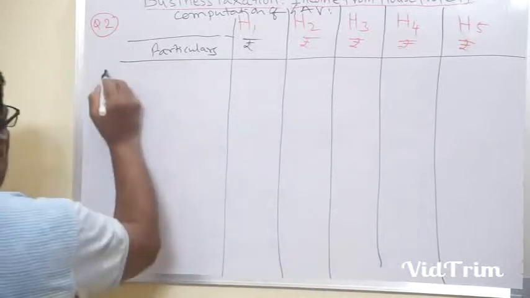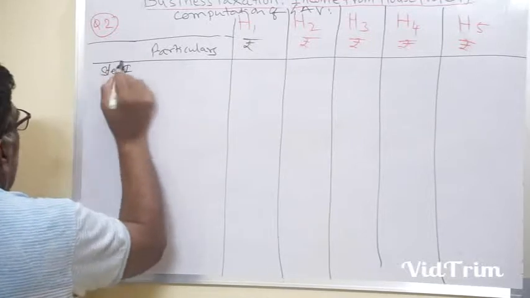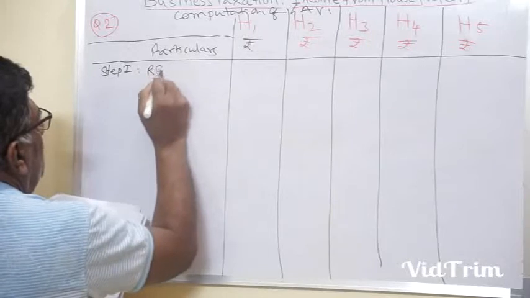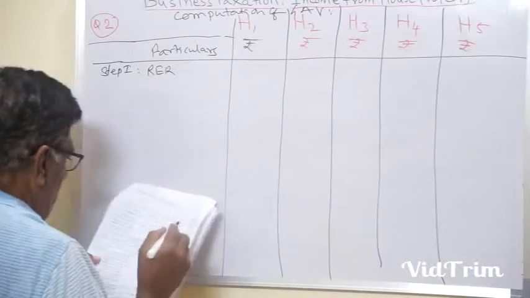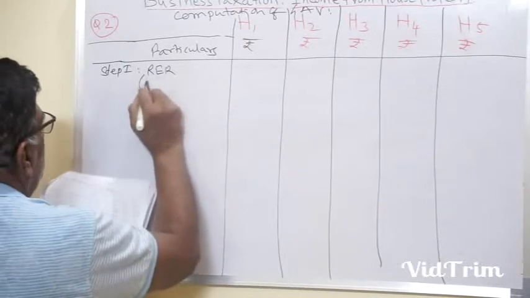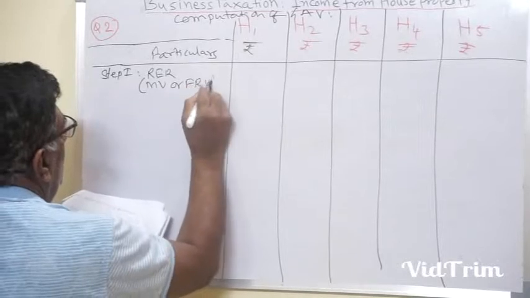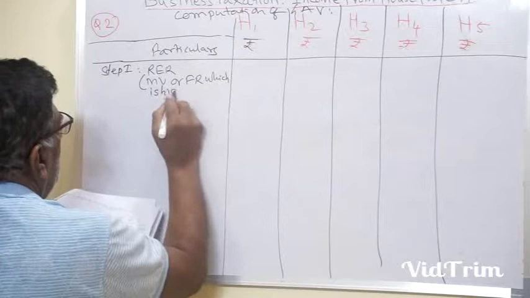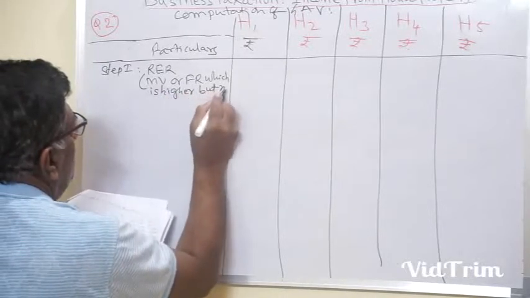First go for step number 1. As you have seen in the last problem, the reasonable expected rent is to be calculated for these properties. Whichever is higher, municipal value or fair rent, but not more than